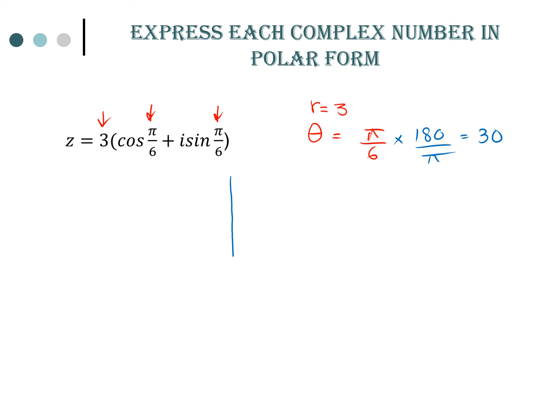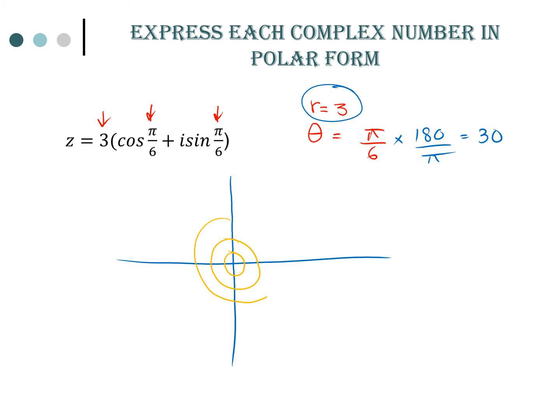Now try to sketch the graph. In order to sketch the R, you have to sketch 3 circles: 1 circle, 2 circles, and this is the 3rd circle. Now 30 degrees, of course, lies between 0 degrees and 90 degrees, so 30 degrees will be near the 0. So over here, just make a point and join it with the 0. So this is our 30 degrees, or pi over 6.